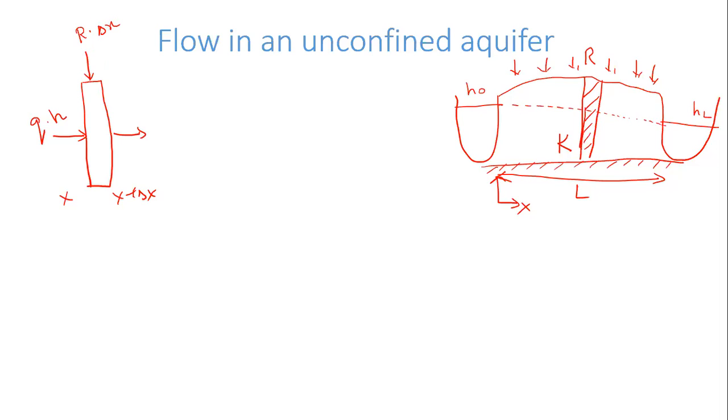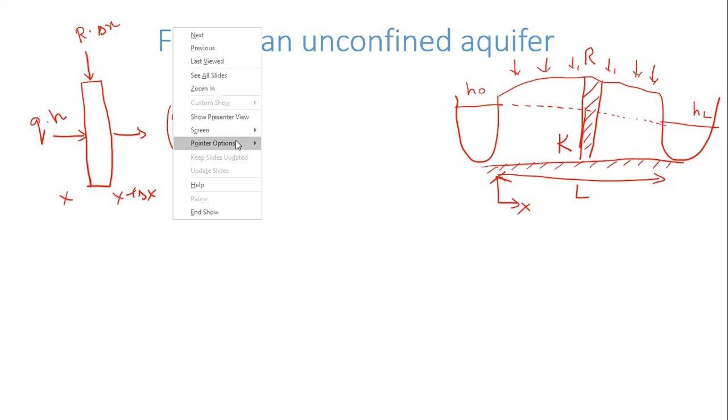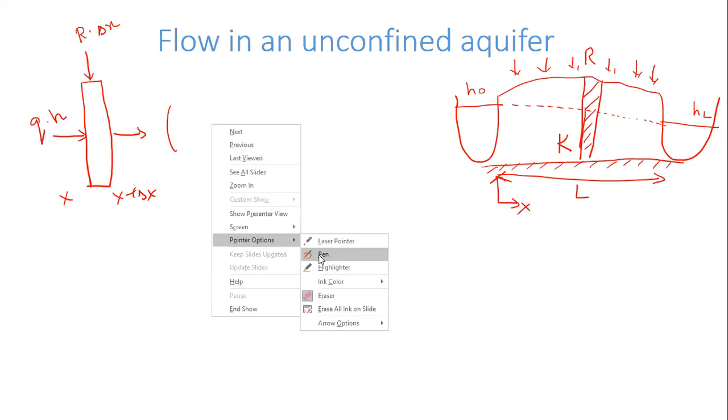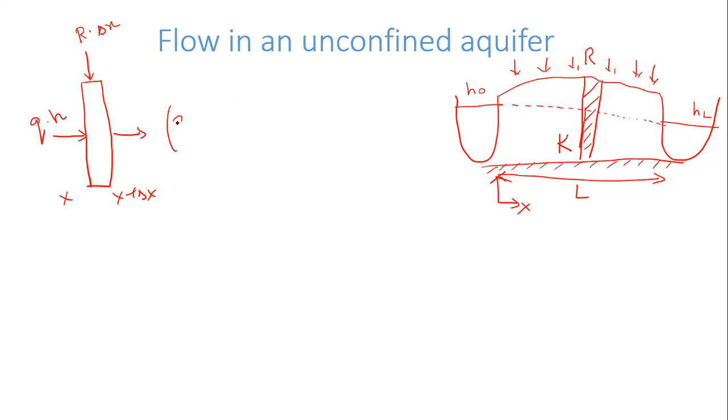Q times H is coming in from the left. And what is leaving is Q times H plus dou Q. Oh, we have to be a little bit careful here. Dou Q by dou X. No, wait. I'll do it very, very carefully. Can't afford to be careless here. Okay, so it'll be Q plus dou Q by dou X times delta X, multiplied by